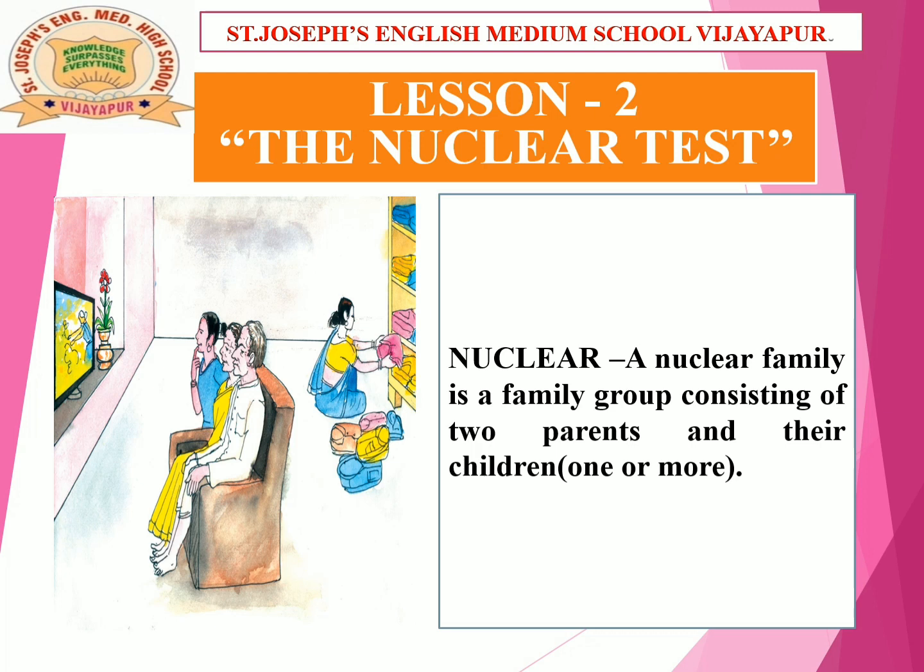Okay, in this lesson, there are totally 5 characters we are going to see: Anjali, Anjali's father, Anjali's mother, Anjali's grandfather, and Anjali's grandmother. It's a story about Anjali, a girl who was staying in a nuclear family. She was not able to adjust with her grandparents when they came to stay with them. So children, let us see whether Anjali will adjust to her grandparents or not. Okay, we shall begin with